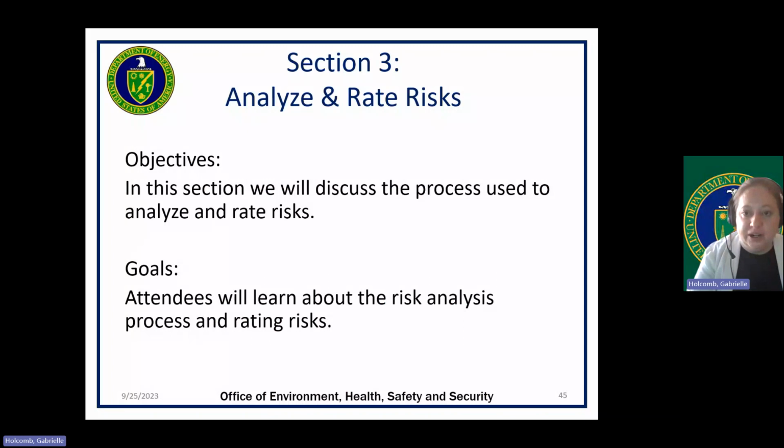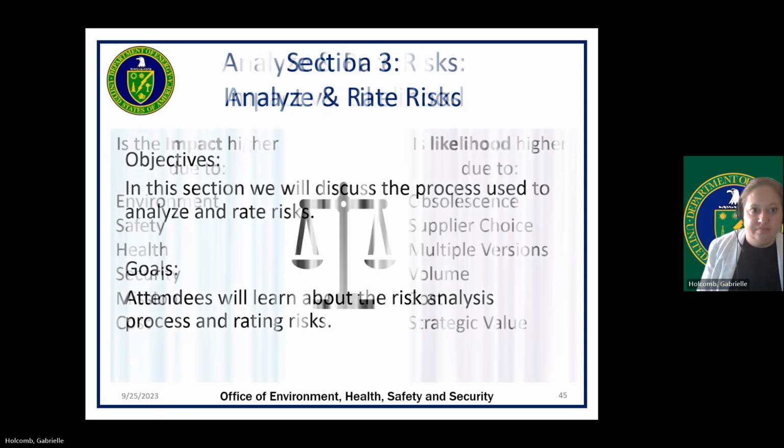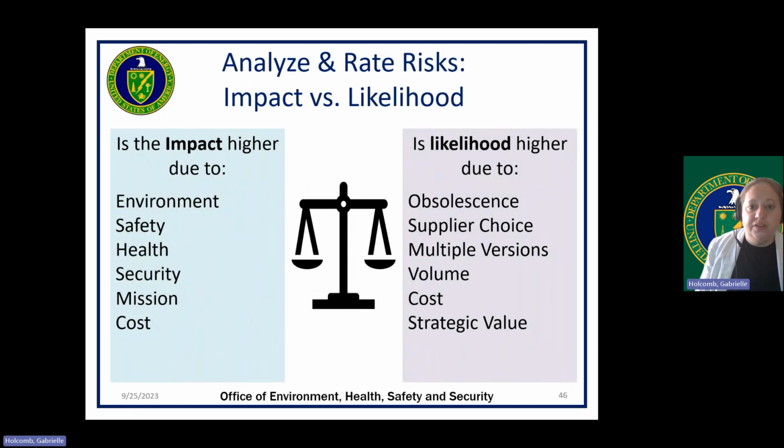Section 3. In this section, we will discuss the process used to analyze and rate risks. Attendees will learn about the risk analysis process and rating the risks. We learned in the previous sections that you will analyze risks by the impact of the risk to the likelihood